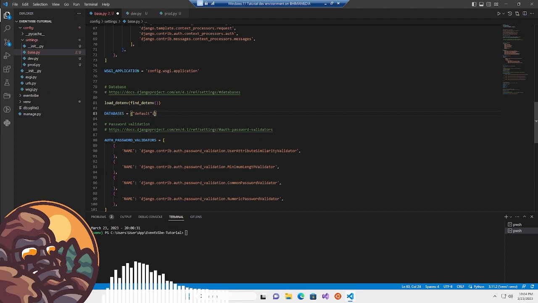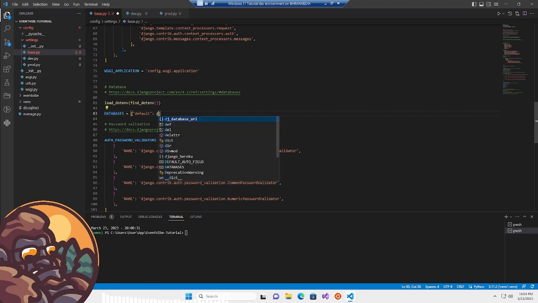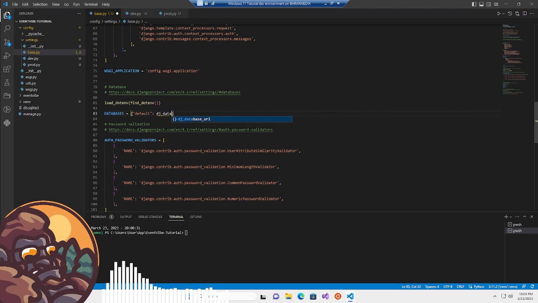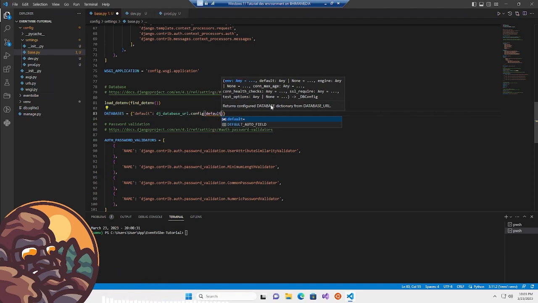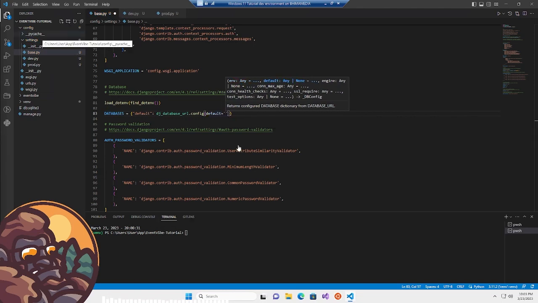then colon, dj_database_url.config, open your parentheses once again, default equals apostrophes